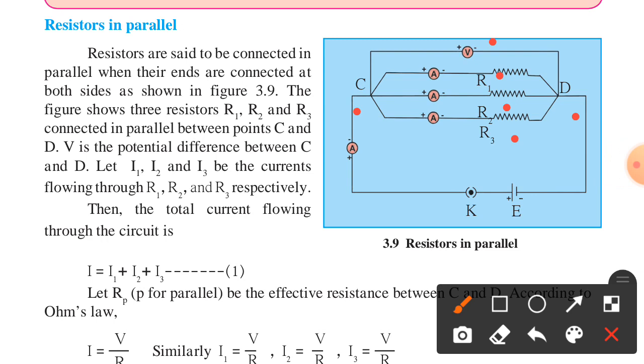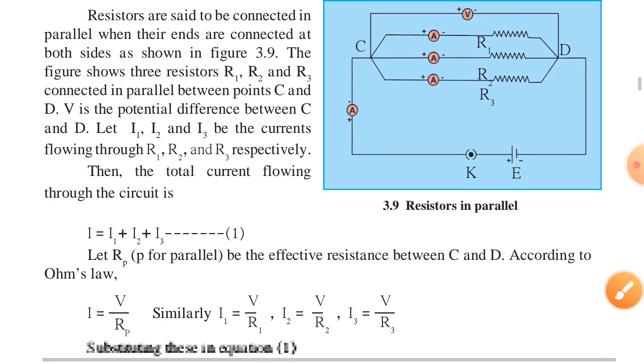Here we see the ammeters are also connected in parallel. They measure the electric current. The first ammeter measures I1, second is I2 and third is I3. In figure we see K is a plug key and E is a battery. When we close the plug key, the electric current flows from the circuit